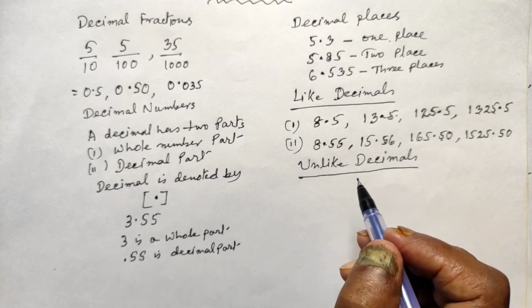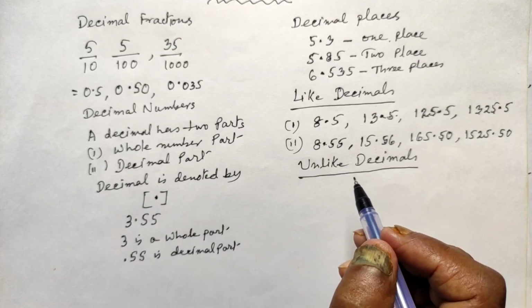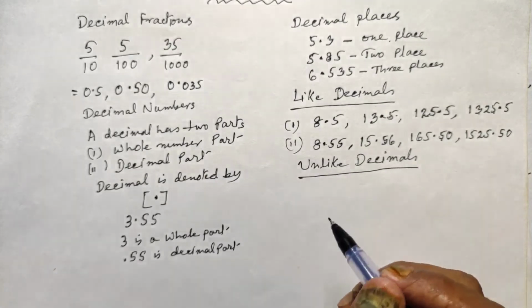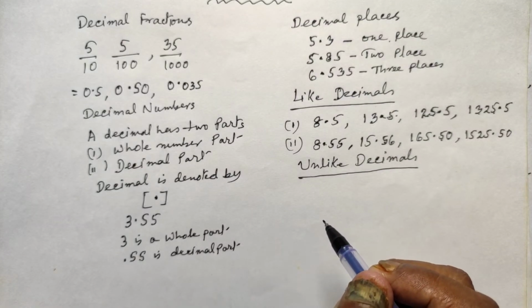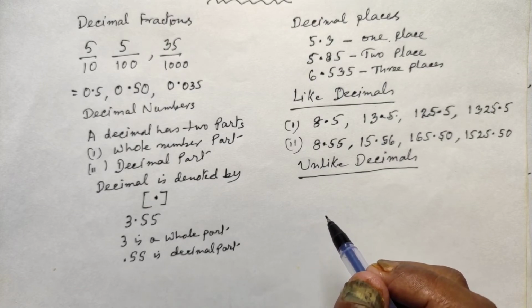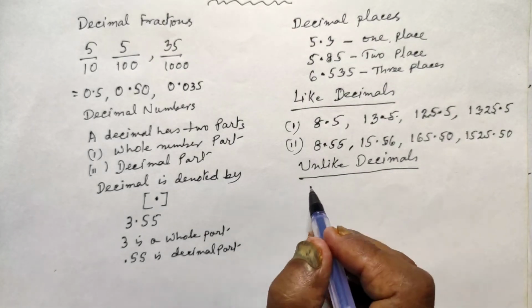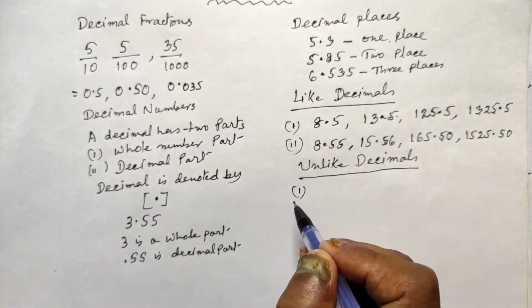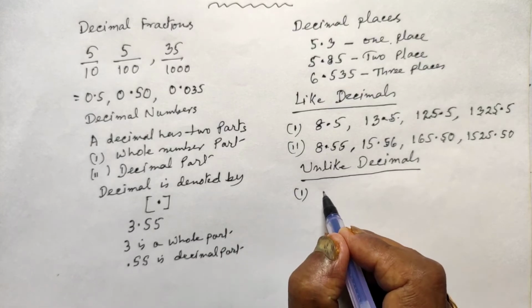Decimals not having the same number of decimal places are called unlike decimals. Once again I am telling you, decimals not having the same number of decimal places are called unlike decimals. So, a few examples we can take, like